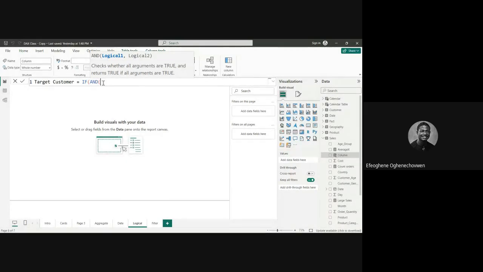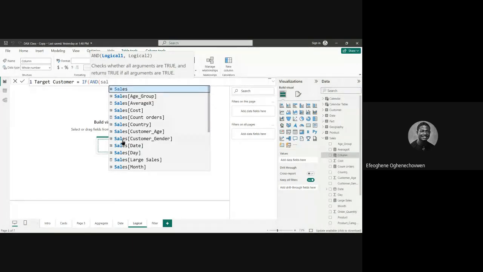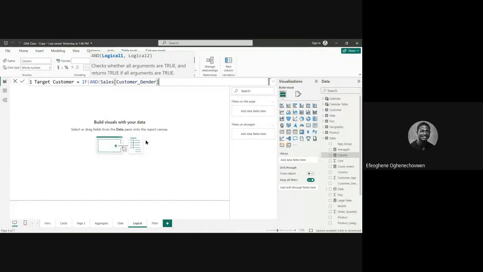So we remember we're on our sales table. So we write sales, and then we want to return the customer gender, which is here. Customer gender first. Okay, so we're saying if customer gender equals female, we're interested in our female customers, we encapsulate it, we put it into a double quote, F. You should know what is in your column. That's why I walked us through that data overview and profiling. Okay, so F represents female. So if the customer gender is equal to F, female,